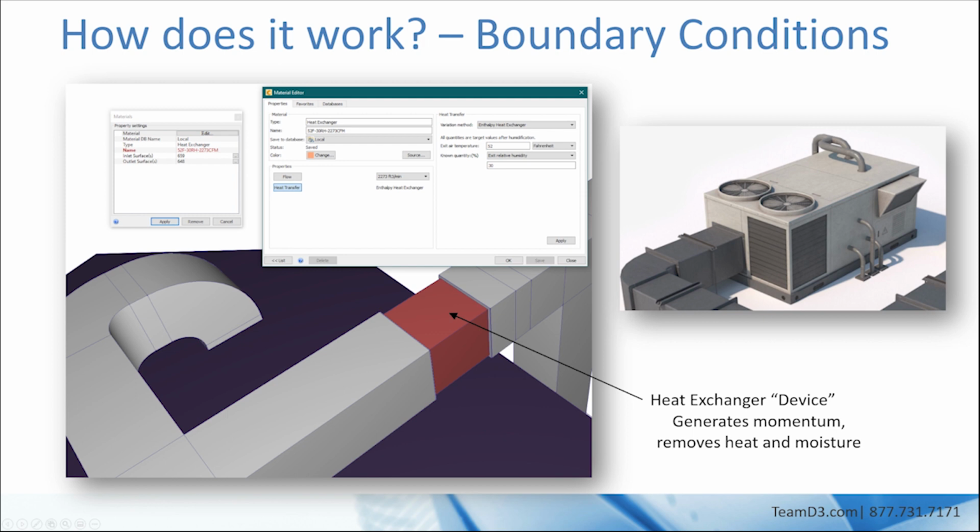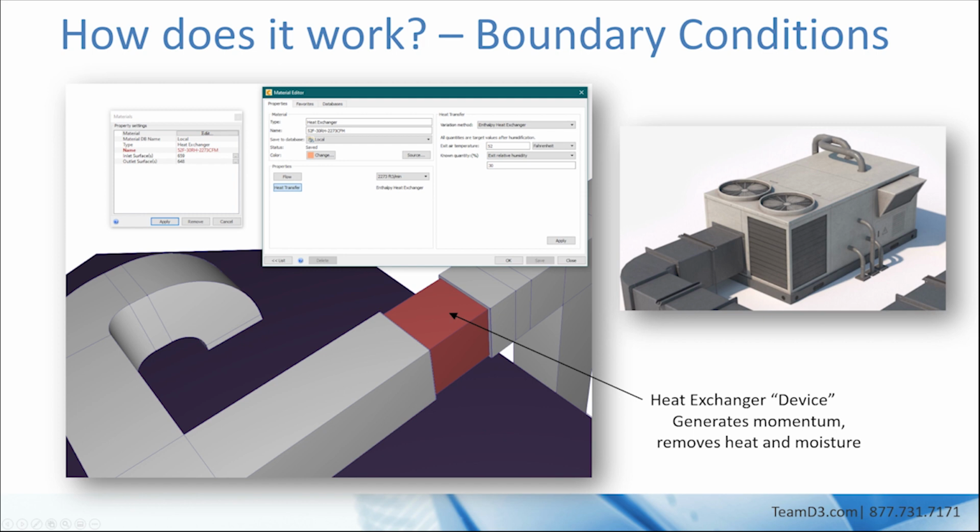In real life, this is a complex piece of machinery with many moving parts. These machines are complex airflow and thermal analysis problems in and of themselves, but we aren't designing air conditioners, so we're not going to include all of its real-life complexity. We want its effects. So the geometry of this unit can be a simple cuboid shape, but it behaves like